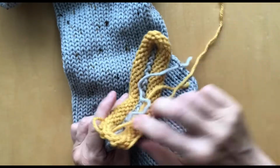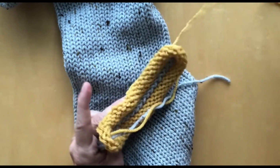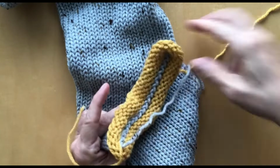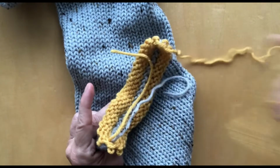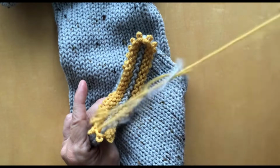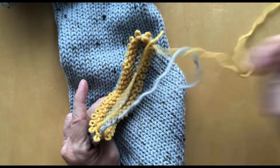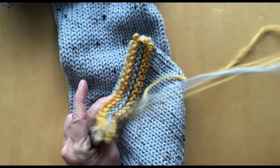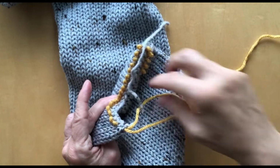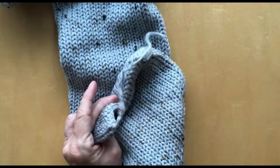very easily. The only part is it gets caught around these two strands, so you just have to make sure it doesn't get all tangled there. Okay, so I'm going to continue to remove that waste yarn, and then I'm going to go up and close the other end the same way I close this end. Only thing with that end, the waste yarn just pulls off very easily. You don't have to pull out that first row first like what I did here. Okay, so we're going to finish that up, and I'm going to show you how to put a fringe on